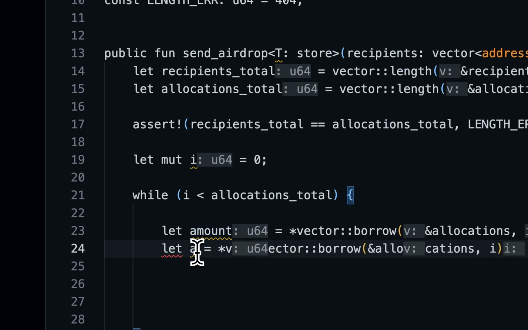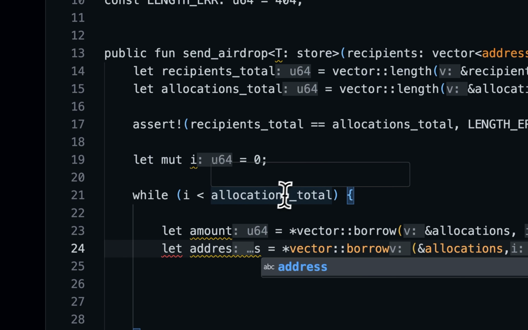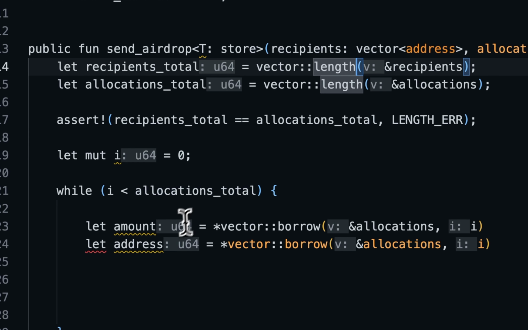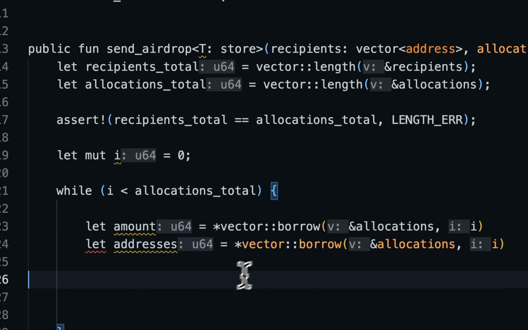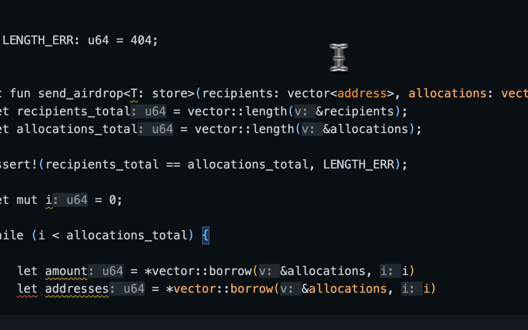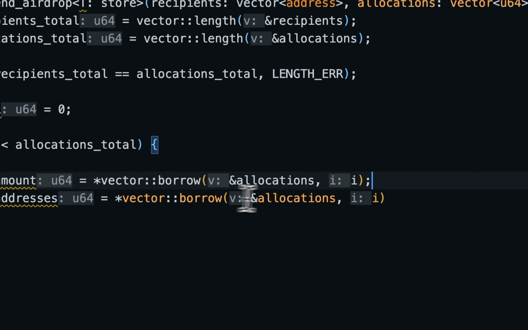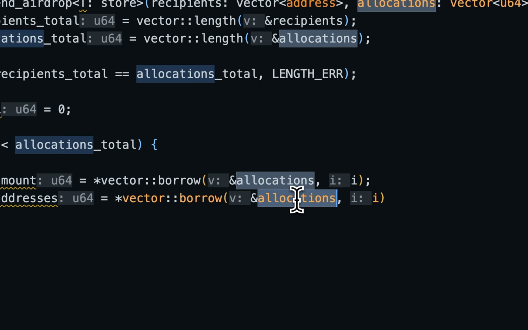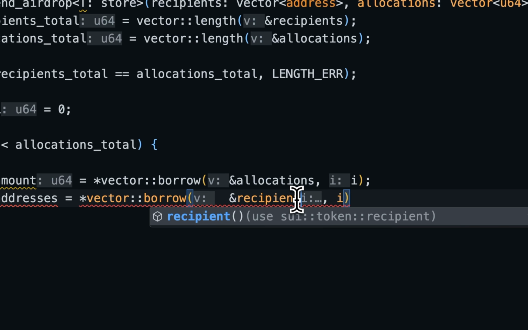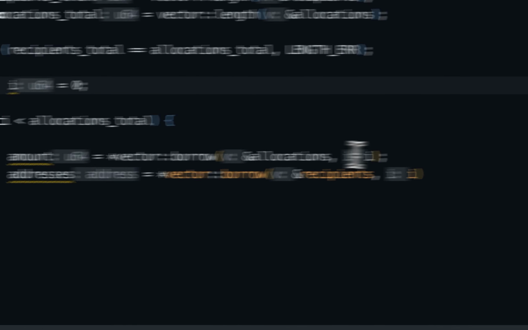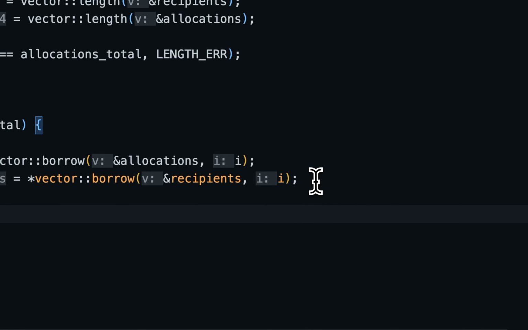And then I'm just going to do the same thing for the recipient addresses. Let's call this address, actually, call it addresses. I'm trying to not duplicate any naming, and so let addresses, okay, and then just change this one over here to recipients, right? And now the next thing we want to do is send